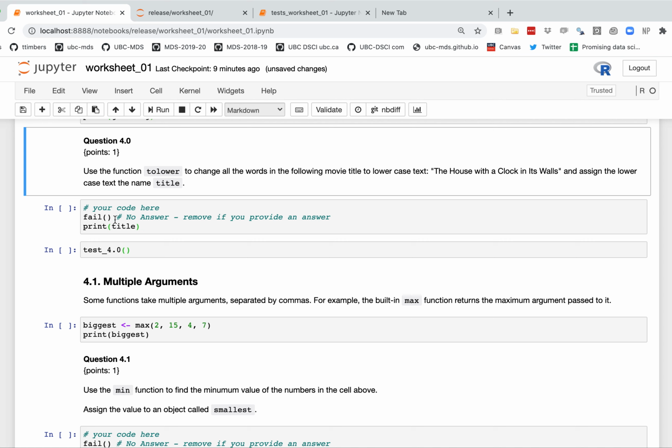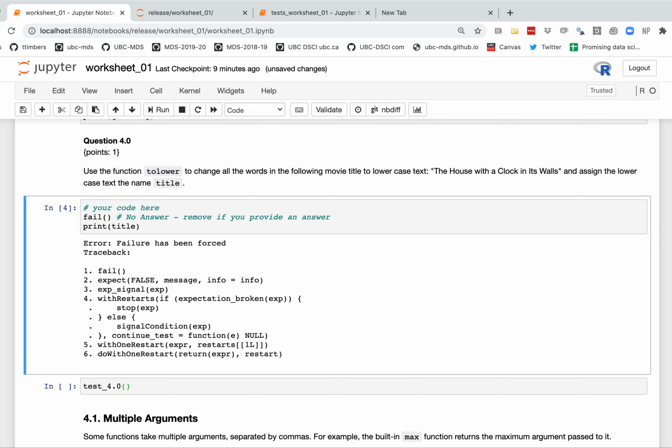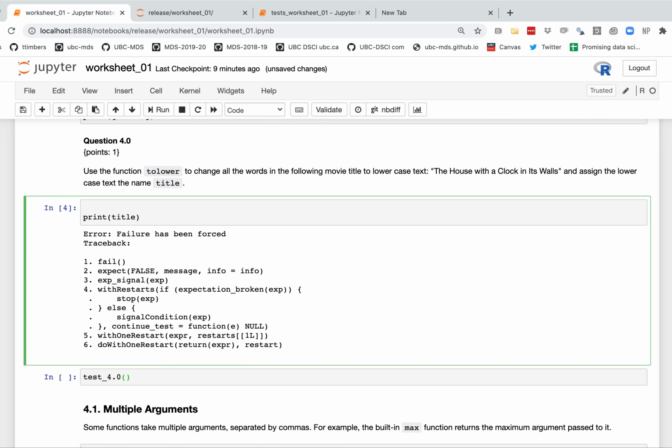We put in the fail function so that if you accidentally try and run this cell without editing it, you get a very clear message that something has gone wrong and you need to do something about it. So what we want you to do is delete these 2 lines of code and add your answer to the